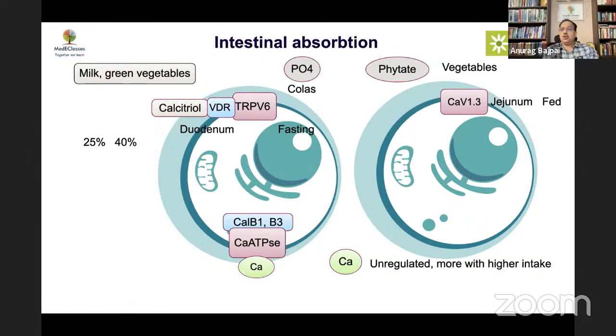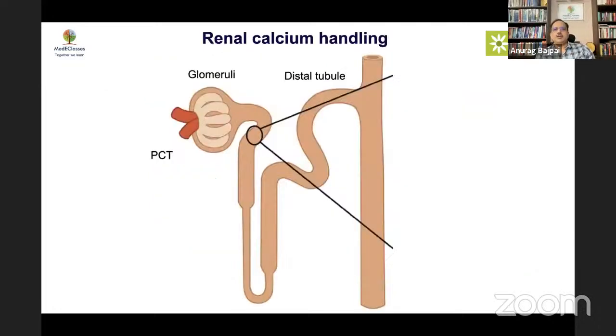As the only role of AVP in water regulation is to increase the permeability of the collecting duct to free water, and the only role of aldosterone in regulating sodium is to increase the permeability of the collecting duct for sodium, what you can understand is that calcitriol requires calcium intake. If you do not take any calcium, you may have a huge amount of calcitriol, you will still not get enough calcium. So dietary calcium intake is also very fundamental from that perspective.